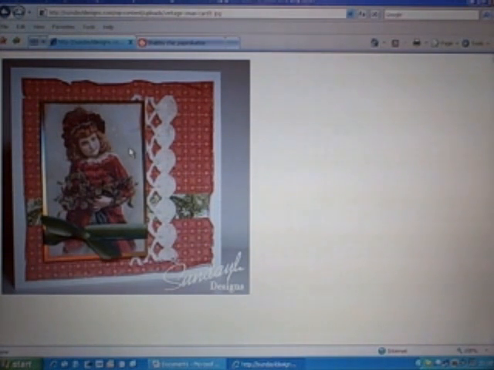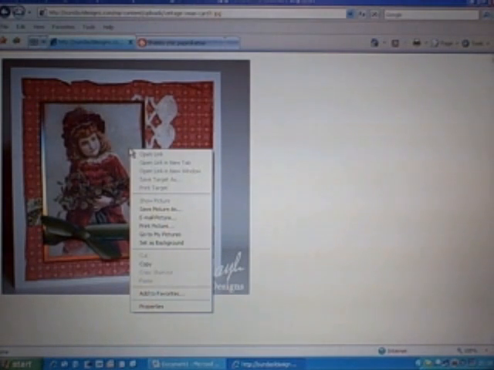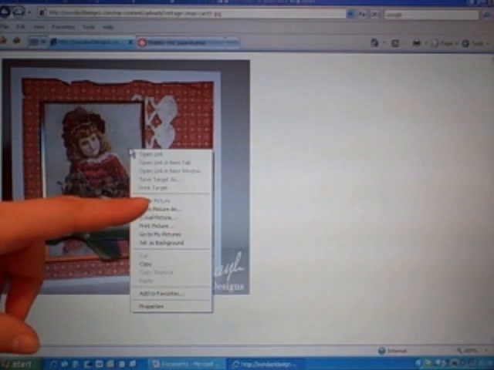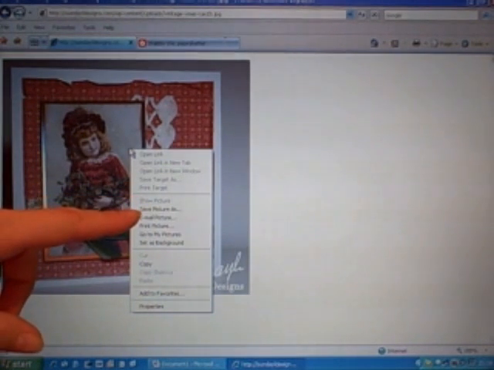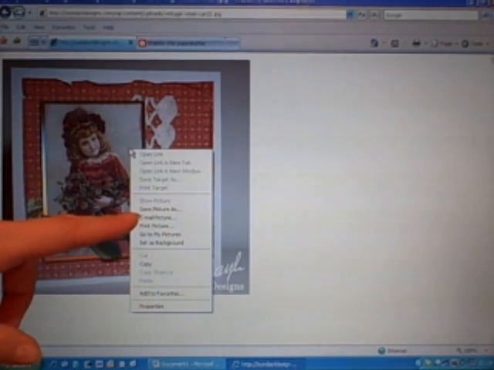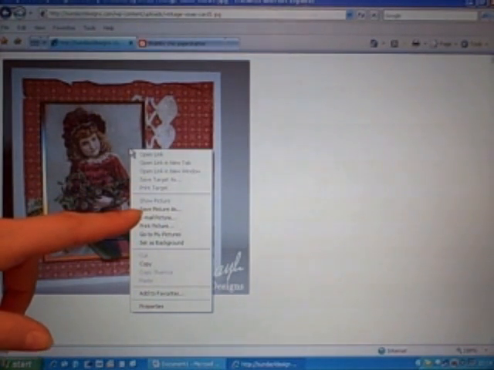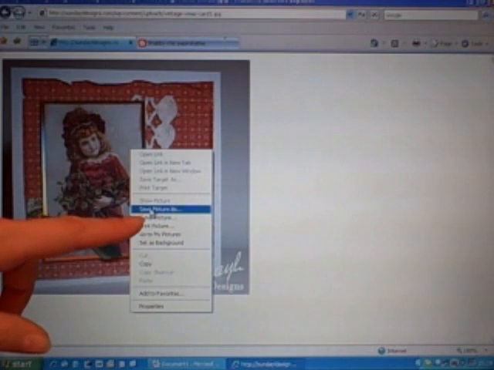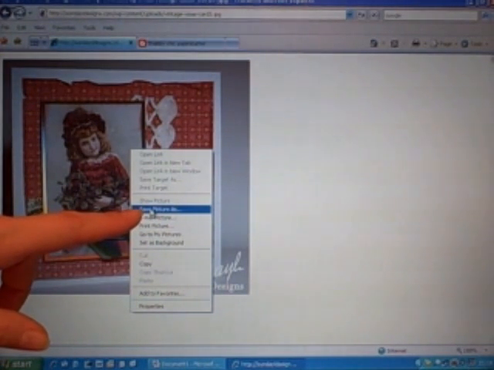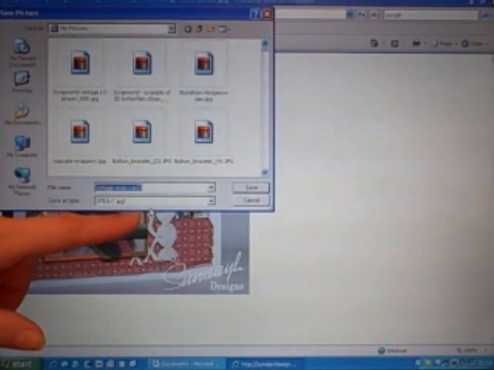If you now right click that image, you will get a drop down list, and on that list, if you're clicking a picture, you will see that it says save picture as down here. That's the one you want to click. You don't have to right click, you can click anyway with the left, but save picture as will bring up